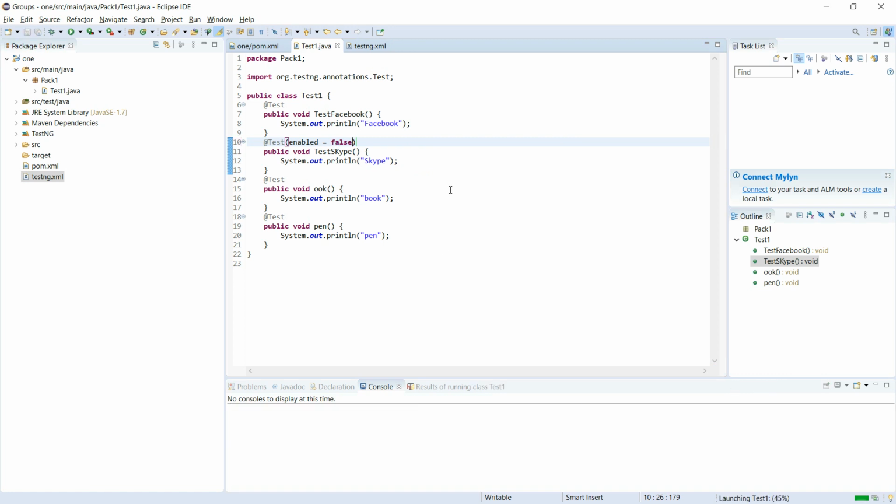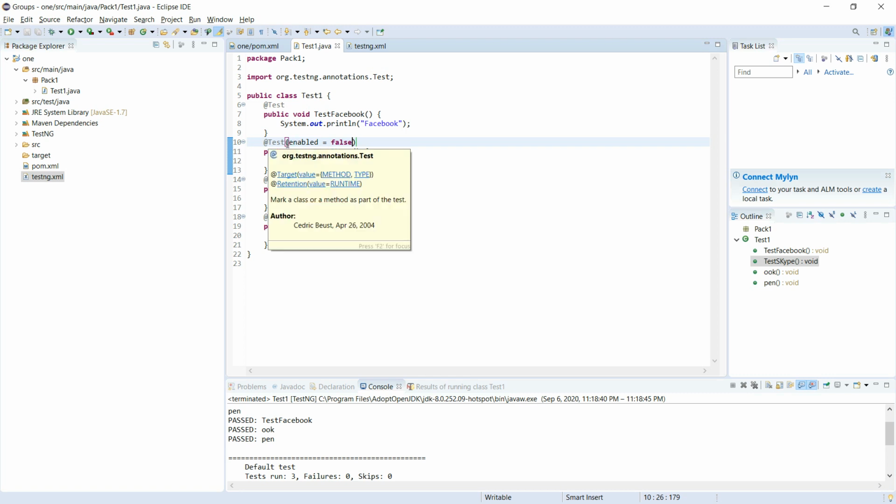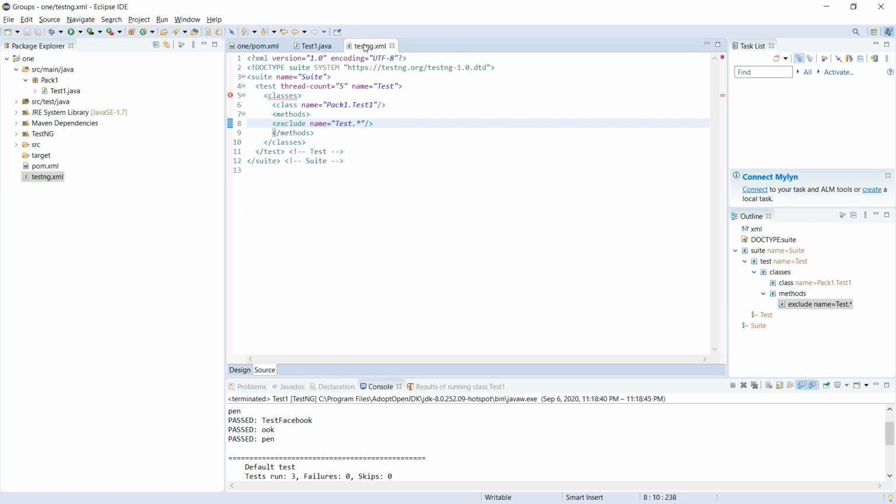Skype should not display here in the console. See here, everything is displayed except Skype, because we have disabled this method. Like this we can use enable equal to false, so it will skip the method. And also we can use TestNG XML include and exclude. So thank you friends, thanks for watching.